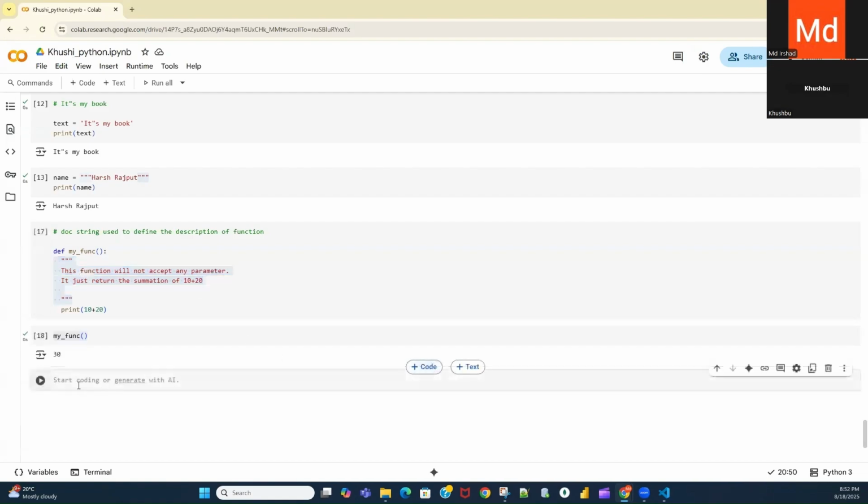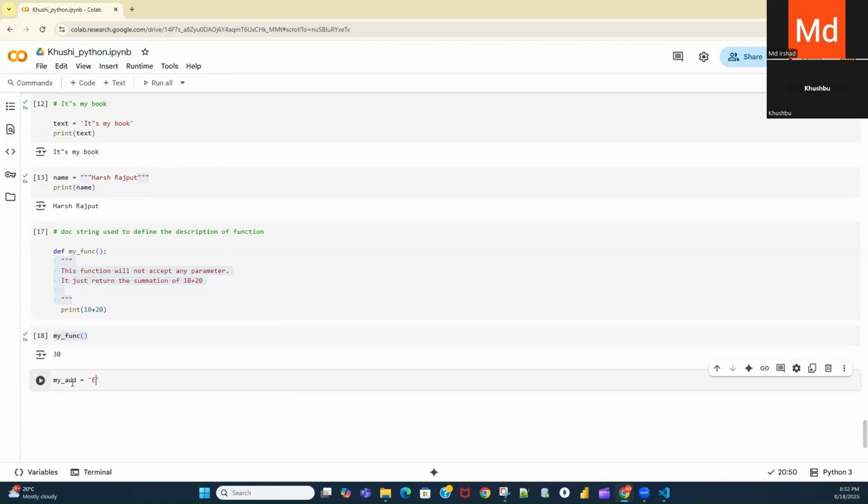Second thing, sometimes what will happen, let's say you want to store some address. Any address will have multiple lines, right? So for example, let's say I write my address equal to, and I'm using single quotes, and in the single quotes I'm defining my address.